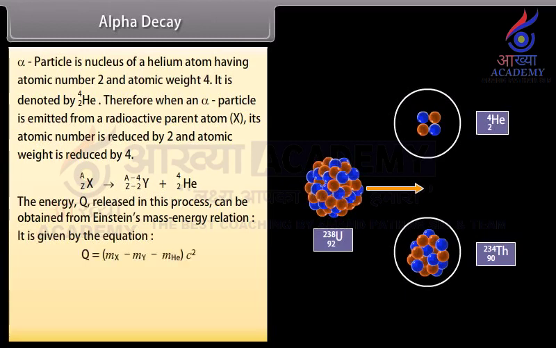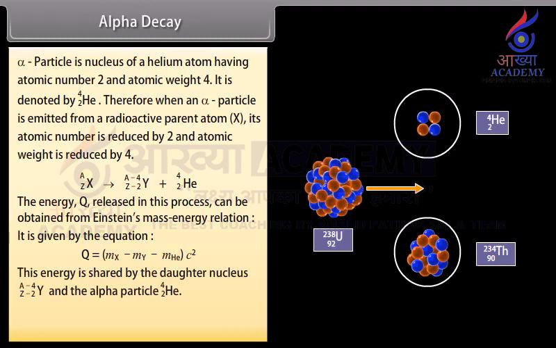It is given by the equation Q is equal to (mX minus mY minus mHe) c². This energy is shared by the daughter nucleus and the alpha particle. For example,